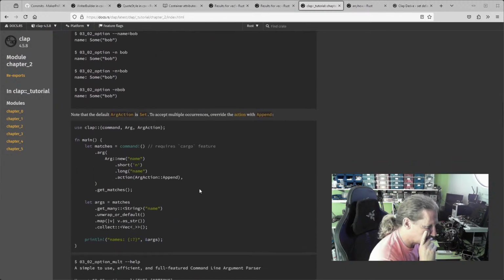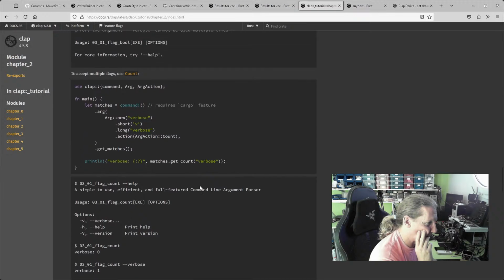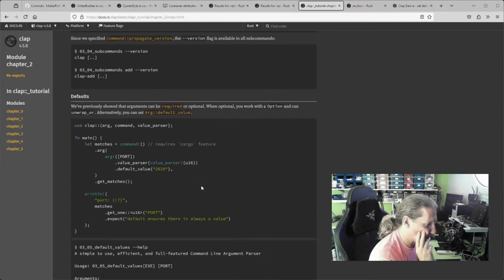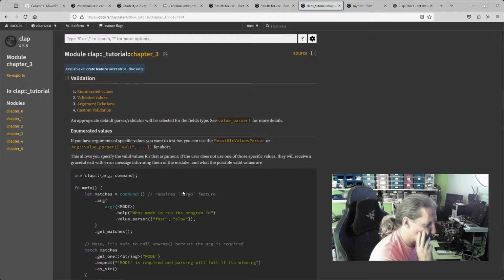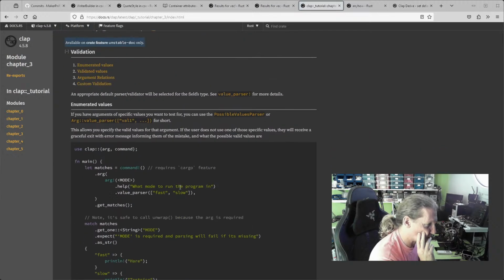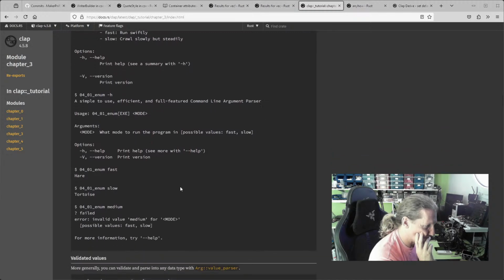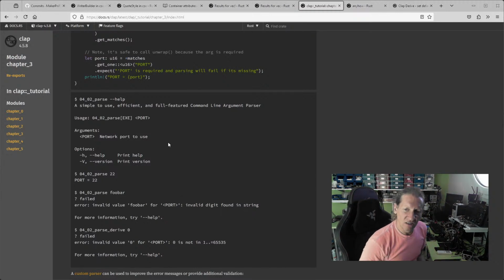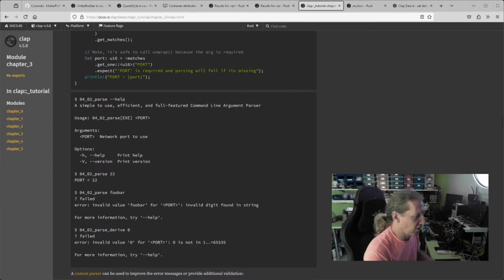Options? Yeah, no. Flags? Not flags. Subcommands? Not really subcommands. Not defaults. No, that's not helpful. Validation. No, I'm not doing validation. I just want to know how to specify multiple arguments. Do we have to do our own manual parsing? That doesn't seem right. Okay. Clap